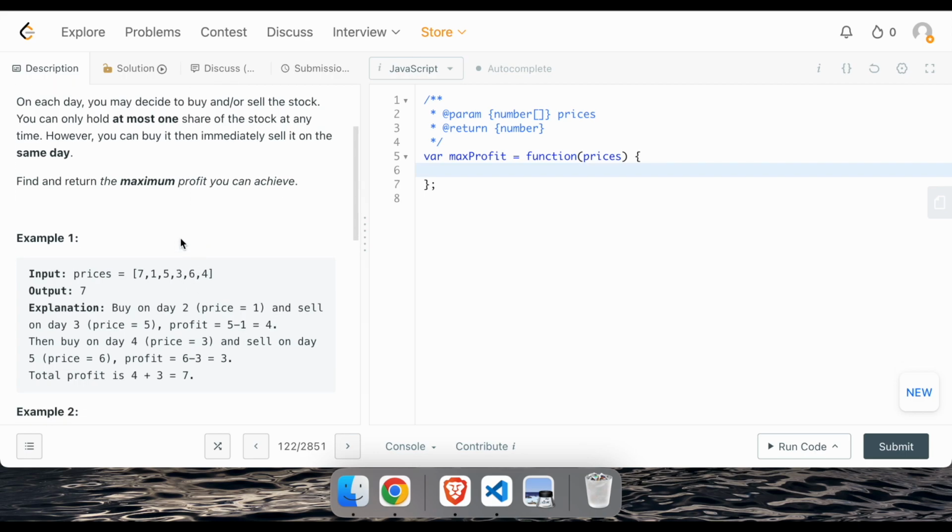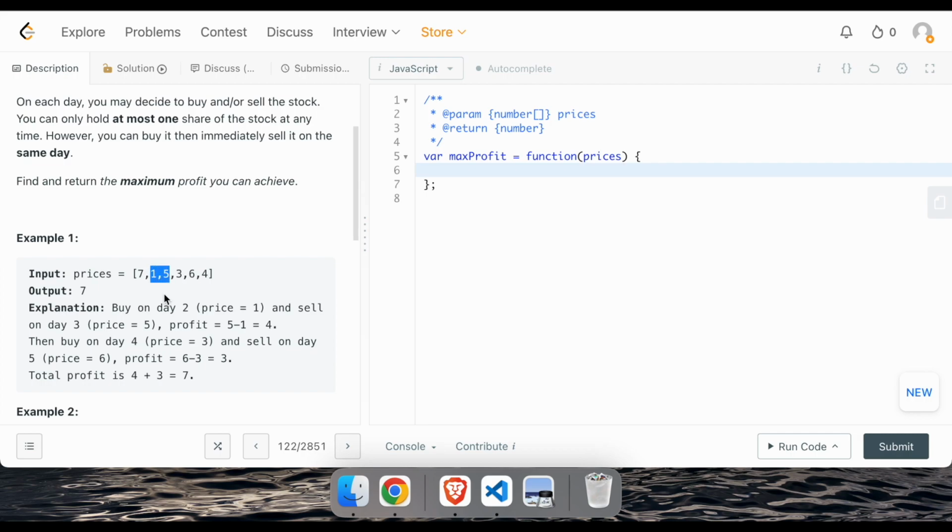Okay, the question is saying that we are given an array of prices of different stocks on different days. Now we have to figure out what is the maximum profit you can achieve, given that multiple buys and multiple sells are allowed, but there is a condition that at any given point of time you can only hold one stock. So for example, here I can buy the stock at price 1 and then I can sell